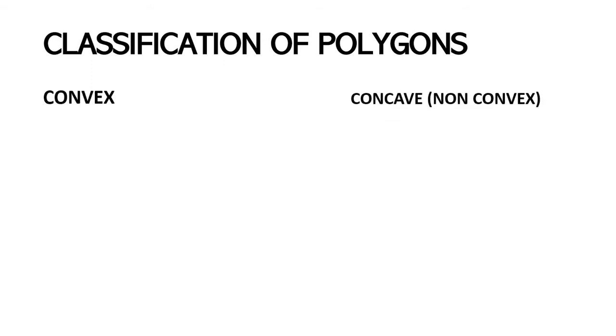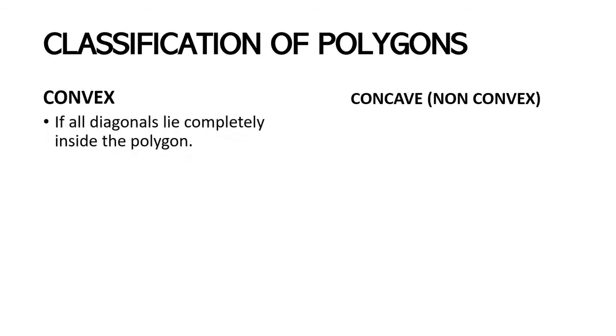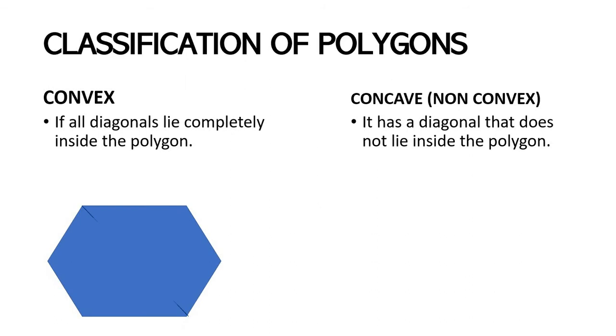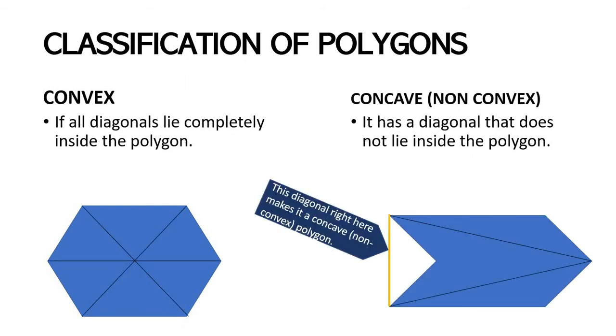We have two classifications of polygons, the convex and the concave or the non-convex. The convex is when all diagonals lie completely inside the polygon, while the concave, it has a diagonal that does not lie inside the polygon. Let's have an illustration. For the convex,